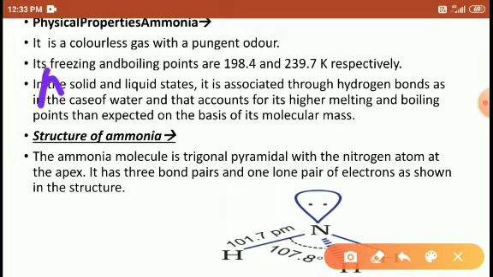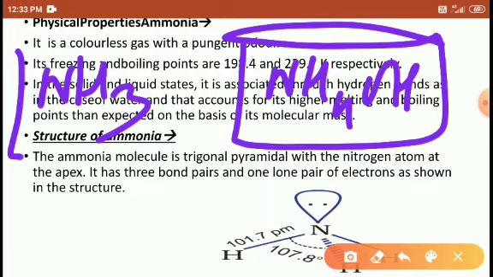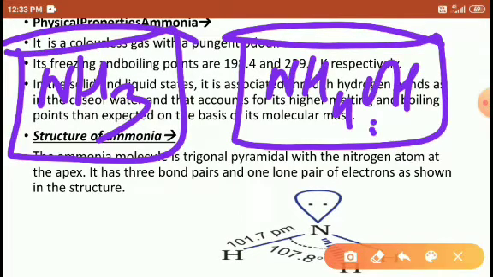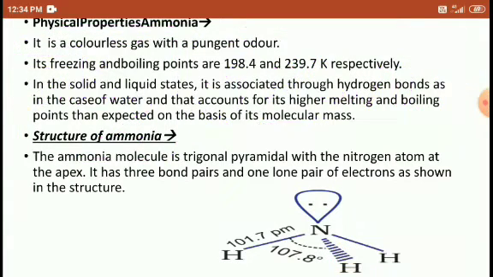So when we compare the boiling point of ammonia and the boiling point of the mixture NH4OH, meaning ammonia dissolved in water, this boiling point is higher than this one, because here the high molecular mass is present. Ammonia and water both mixed to form ammonium hydroxide, which has a higher molecular mass than the ammonia. Correct?